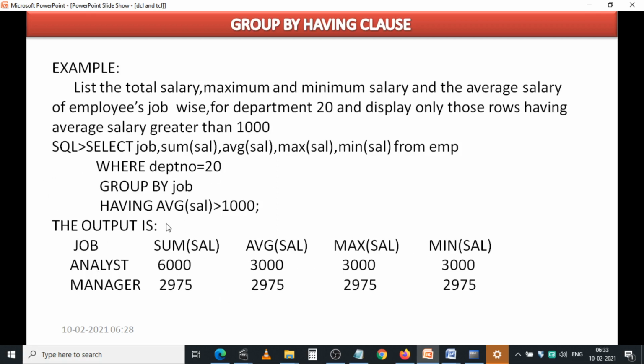Just observe the having condition. What is the having condition? Average sal greater than 1,000. Those values are greater than 1,000, and only in department number 20. In department 20, there are two jobs, analyst and manager, with sum of sal, average of sal, maximum sal, minimum sal from EMP.